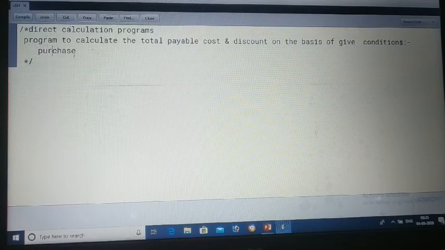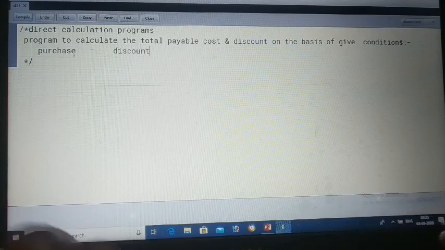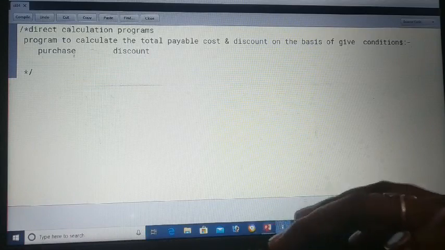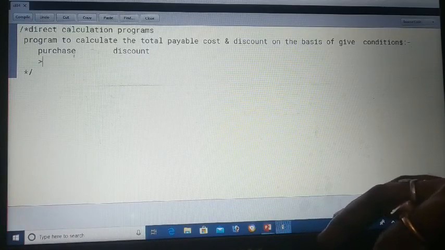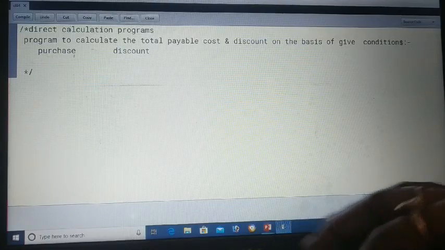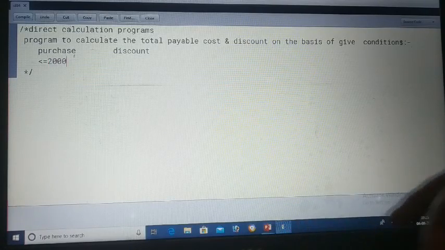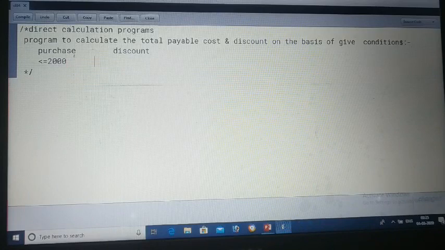If purchase is up to a range, then the discount will be how much? That is given for you. For example, if purchase is less than or up to 2000, there will be a discount of 5%.